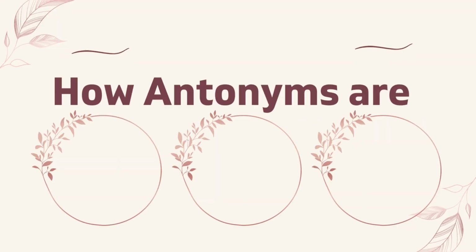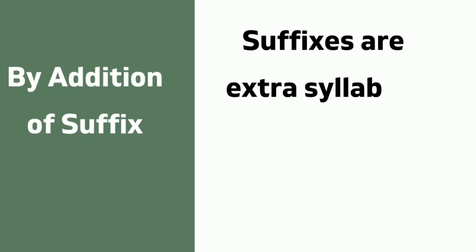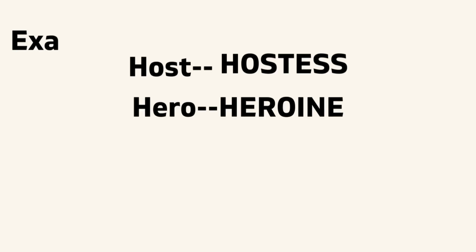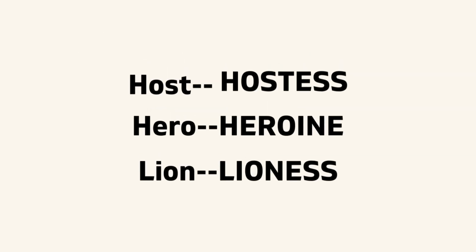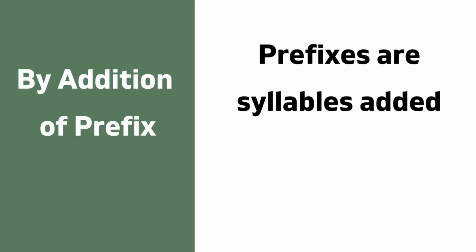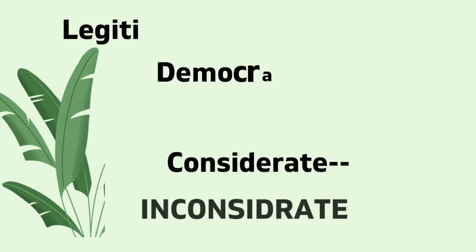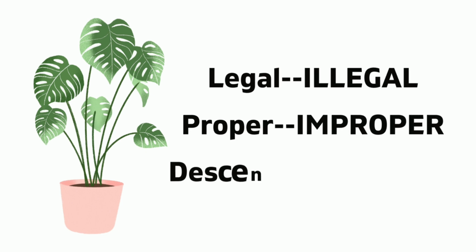Let's look at how antonyms are derived. Antonyms are derived, one, by adding suffixes. Suffixes are extra letters you add to the end of a word to give you another meaning. You have host, hostess, lion, lioness. Then we have prefixes. Prefixes are letters you add at the beginning of a root word to give you another meaning. You have words like